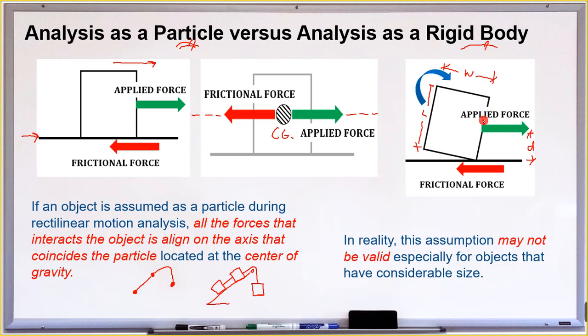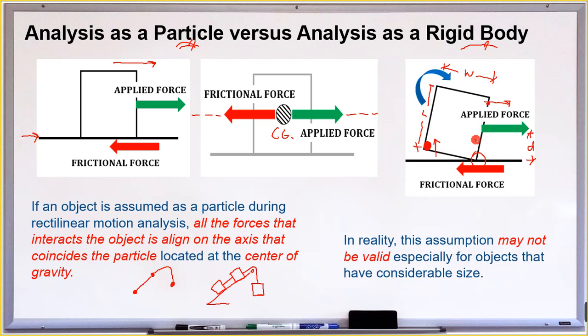You can also experiment if you have a block there. Now attach a string. If you pull at this part, there's a tendency that the friction at this corner is very strong, so there's a chance that this part right here will float, it will move upwards. Okay, so instead of translation, we all know that a body in translation always